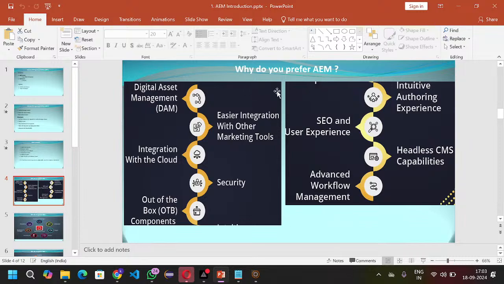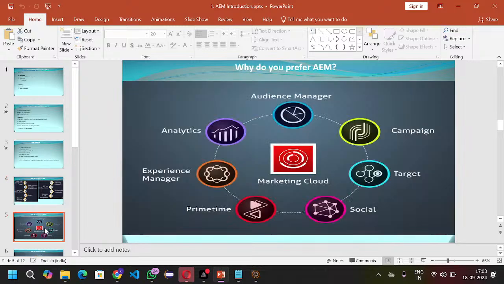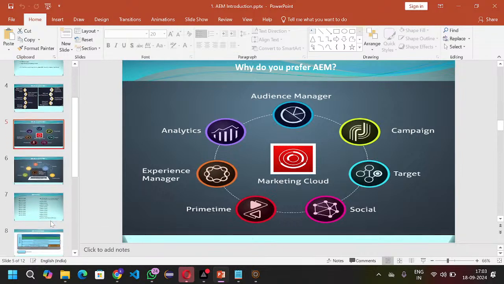Why do you use AEM, meaning? These are the reasons. Next up, AEM internally is integrated with these tools: Campaign, Target, Primetime, Social, and Analytics. Okay, next after this,